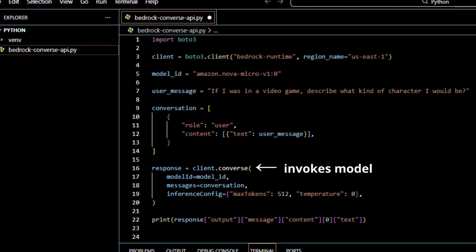When you hear the phrase invoke a model, this is where that happens. And when you hear the words inference parameters, it occurs here. This is where we control things like output length and creativity. So here we call client converse and pass in the model ID, the conversation messages, and the inference settings like